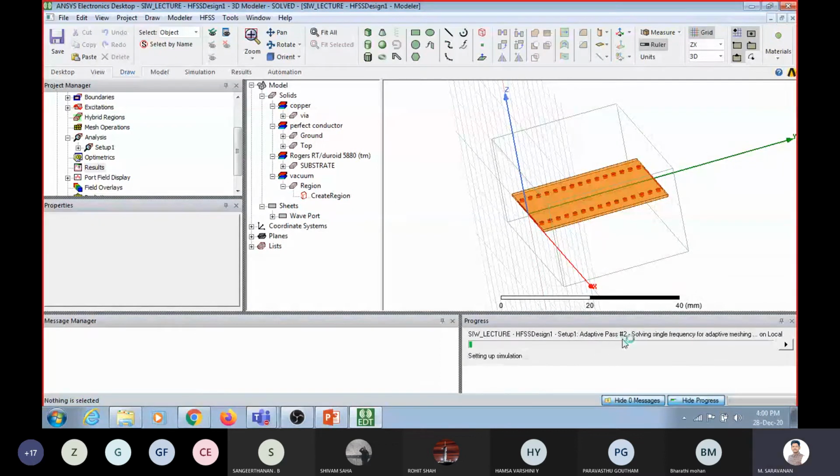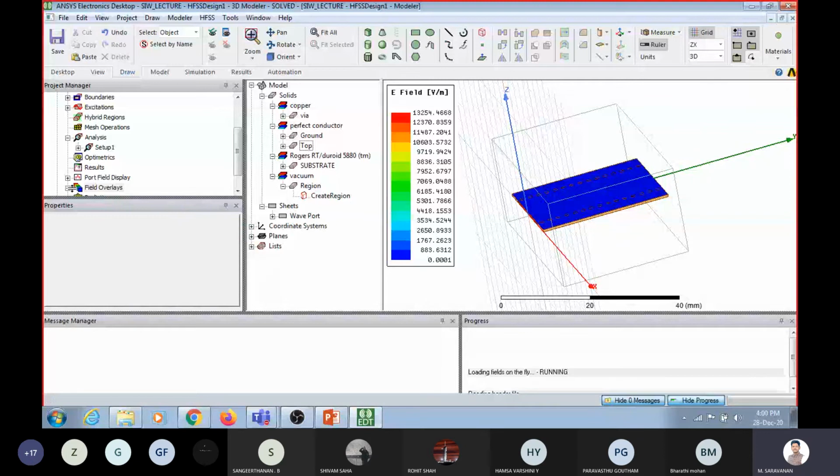So first of all, we can check the current distribution and also the other parameters. I want to see the distribution of current on the top layer. So once again, select the top layer, right click, field overlay, plot field, and check the magnitude of fields. I think it is still running.